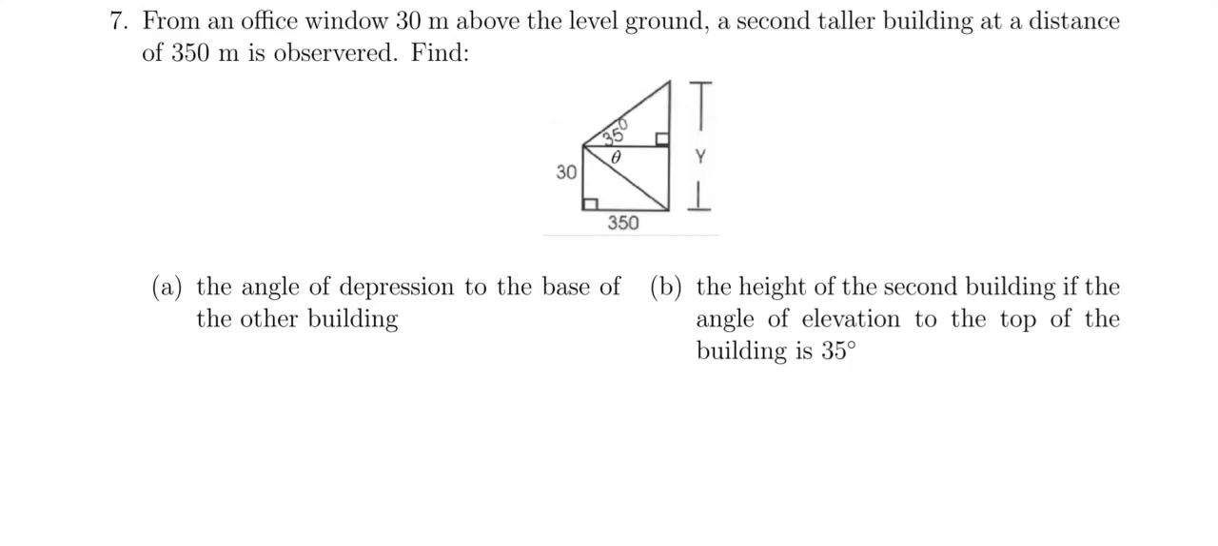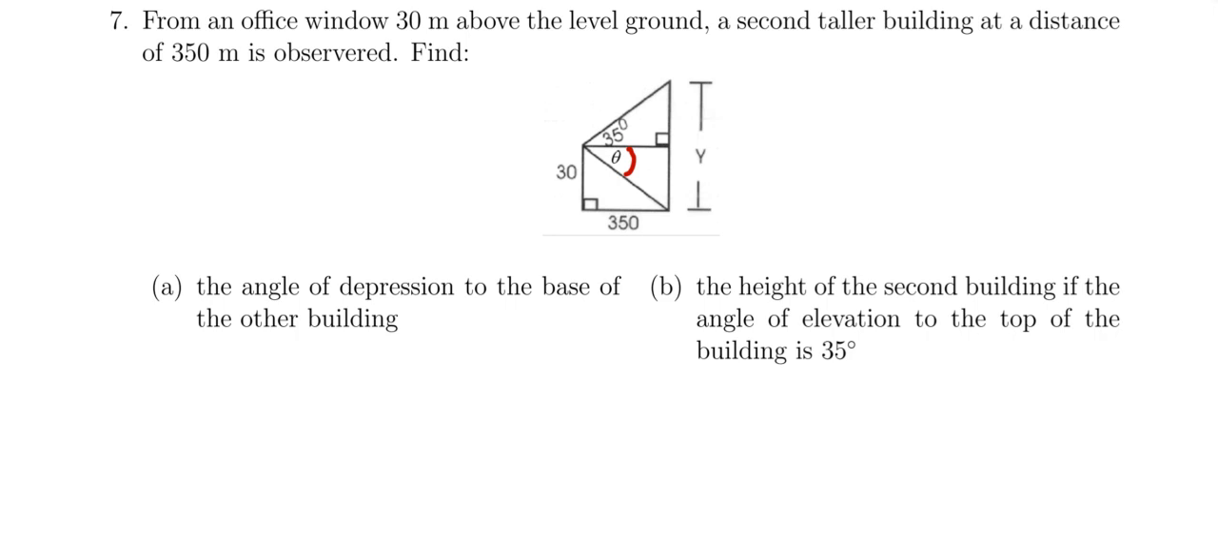It says, from an office window 30 meters above the ground, a second taller building at a distance of 350 meters from the observer is observed here. Okay. We want the angle of depression to the base of the other building. So that's this angle theta here. And we want the height of the second building if the angle of elevation to the top of the building